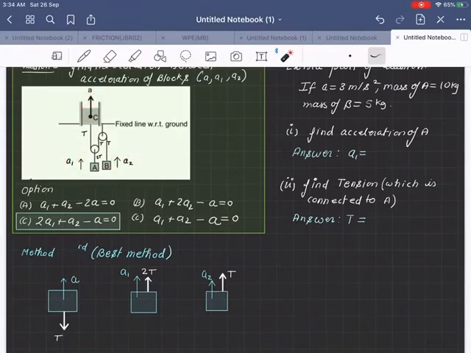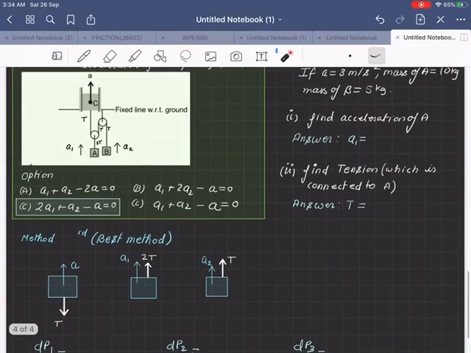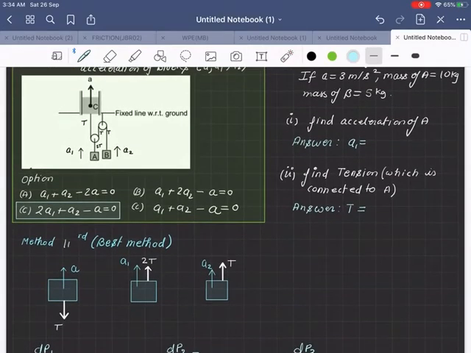Now here I'm not going to do method 1 because method 1 is time consuming, and you are only going to do that if you are desperate enough or you need to check the answer. I will not recommend doing this in the examination hall. Only do it to check your answer during preparation time. Now method third, we are going to do that here. Method third, which is the best method.